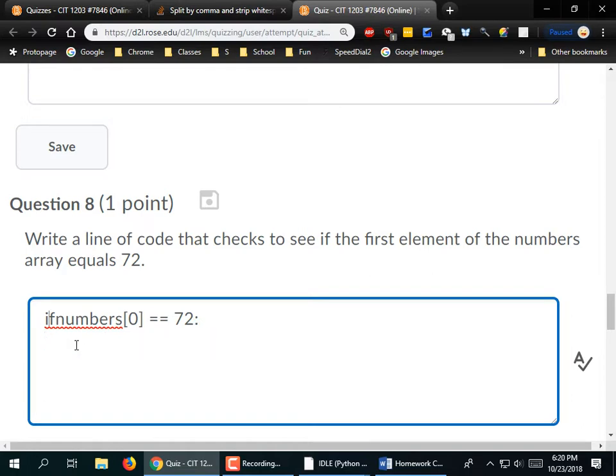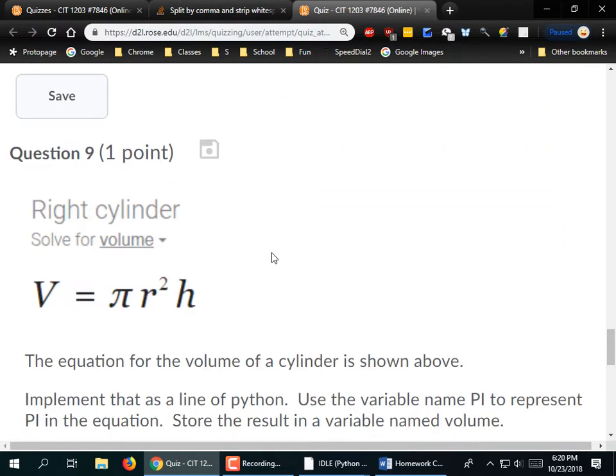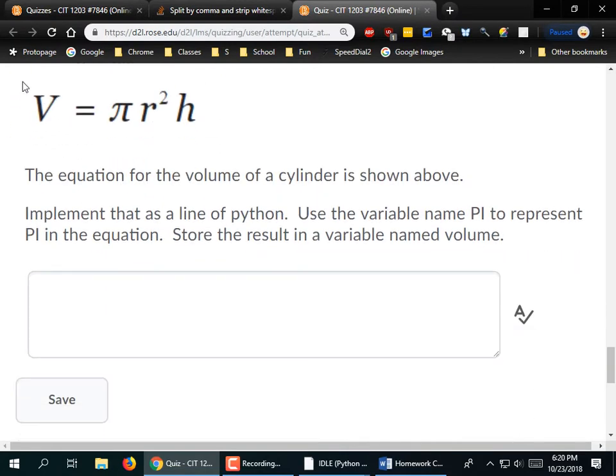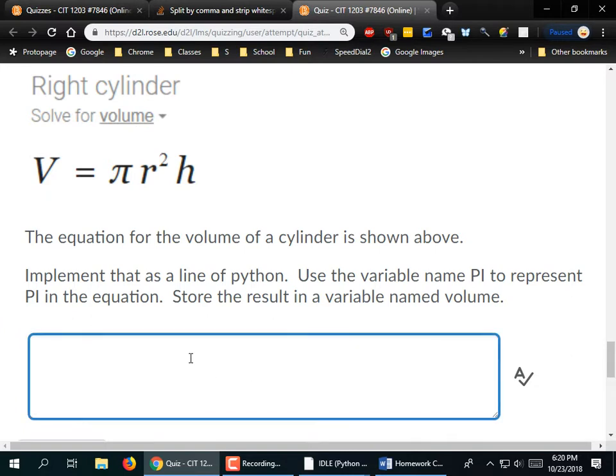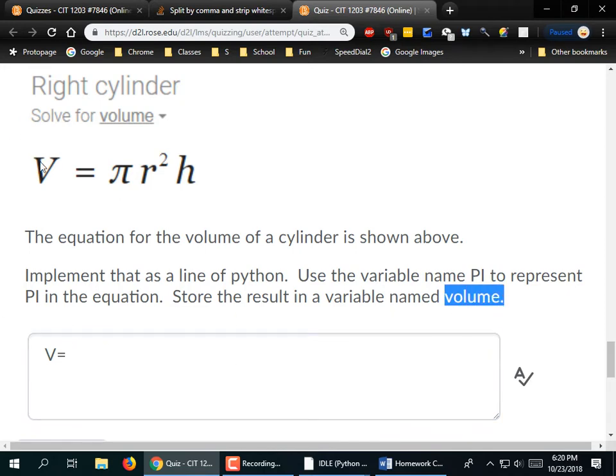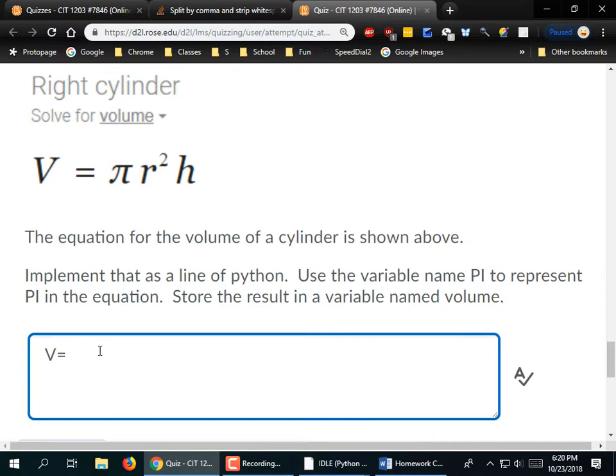All right, let's go to the next. All righty, solve for volume. Implement this as a line of Python. Use the variable name pi to represent pi in the equation. Now, I don't think I counted anybody off if they used math.pi or 3.14 or something like that, but store the result in a variable named volume. All righty, so if you said v is equal to, I may have counted you off a little bit wrong if I asked for the variable name volume. Now, if you just went by rote about what you saw up here, I probably didn't ding you much, if anything. But here's what would get you counted